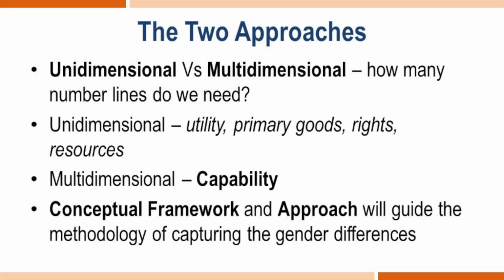But the capability approach in nature is multidimensional, because the capability set accommodates a set of functionings, a set of activities over which an individual has choices and freedom. So therefore it is essentially a multidimensional concept. How to measure depends on what to measure. So conceptual and theoretical understanding will lead you to the different kinds of measurements that we'll try to achieve. So it can be unidimensional or it can be multidimensional.